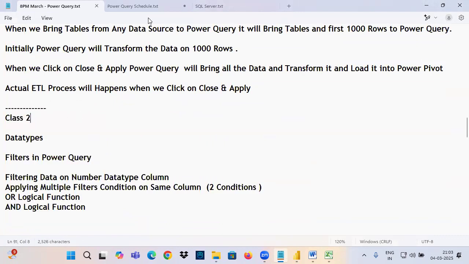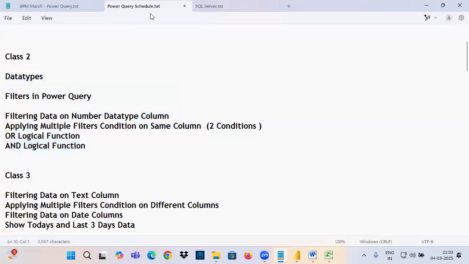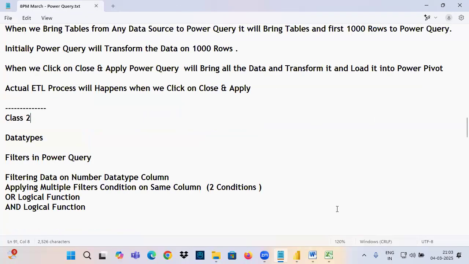Yes, sir, I have a question regarding the top 1,000 rows. Suppose there is a column where the first 1,000 rows are